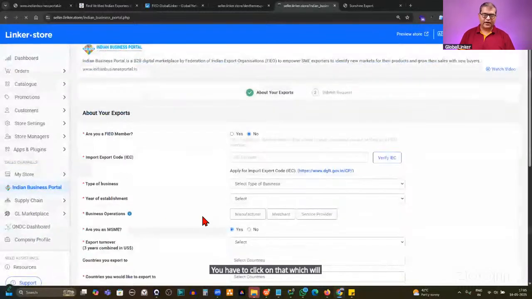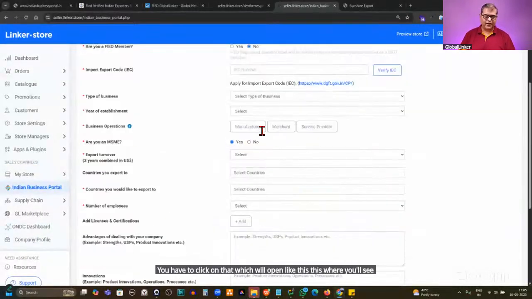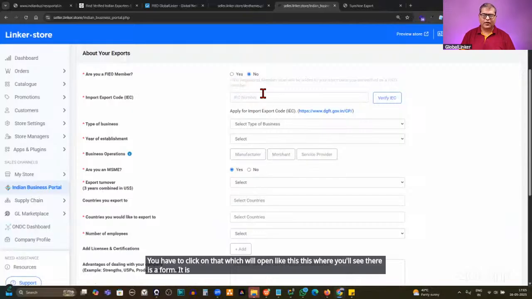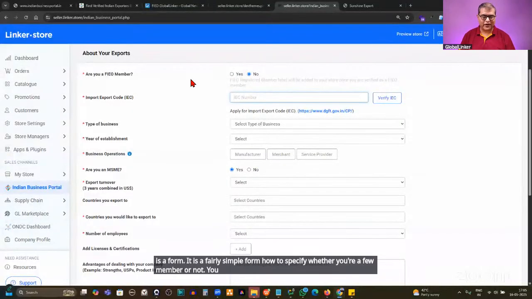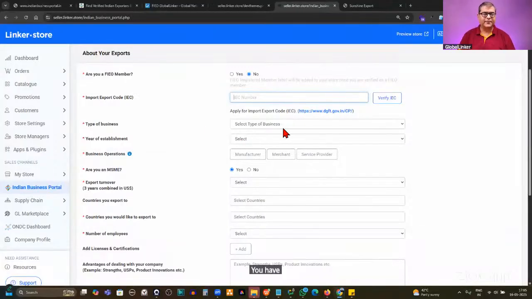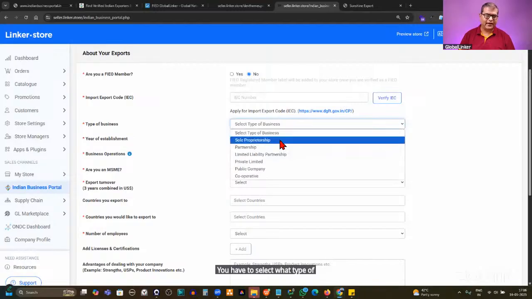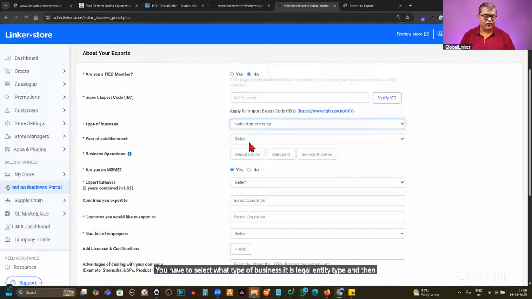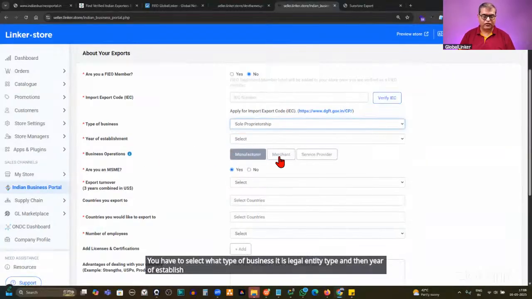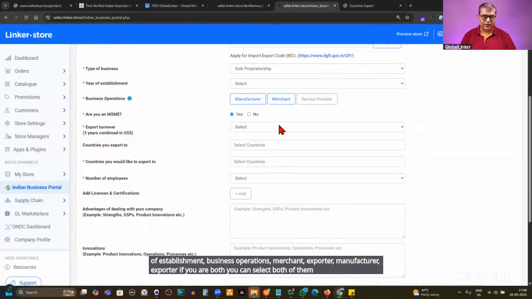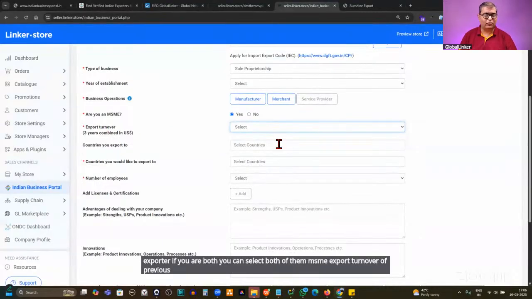This is where you'll see there is a form. It is a fairly simple form. You have to specify whether you're a FIO member or not. You have to input and verify your IEC number. You have to select what type of business it is, legal entity type, and then year of establishment, business operations, merchant exporter, or manufacturer exporter. If you're both, you can select both of them. MSME, export turnover of previous 3 years,